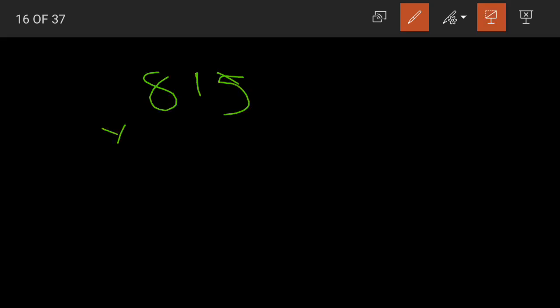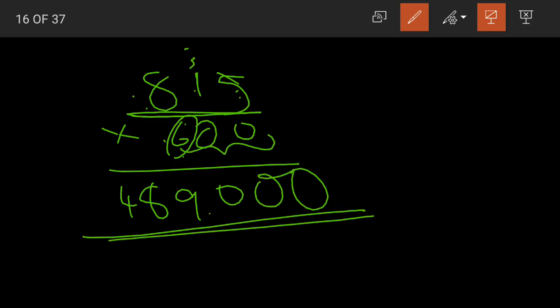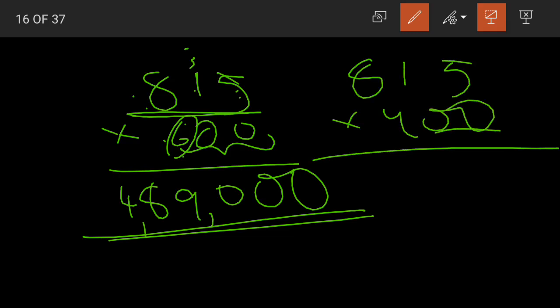Now there are two ways to multiply this. Yes, we have learned two techniques of multiplication for this. If you remember how to multiply a number by 100 or 300, what did we do children? We first multiplied this 815 into 6. 6 5s are 30, 3 carried, 6 1s are 6 plus 3 is 9, 6 8s are 48. Then after 6 we had 2 zeros, so we simply placed 2 zeros in the product. 4,89,000 becomes our product.